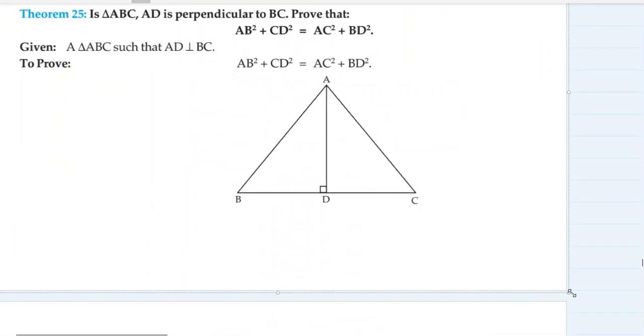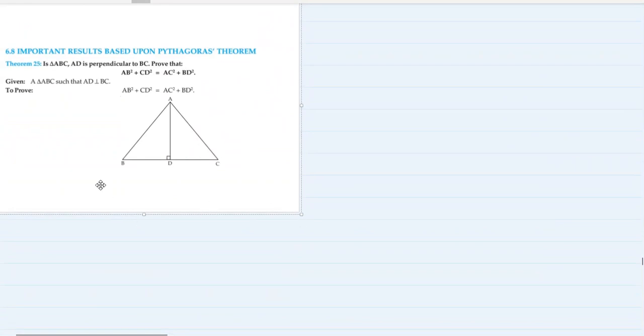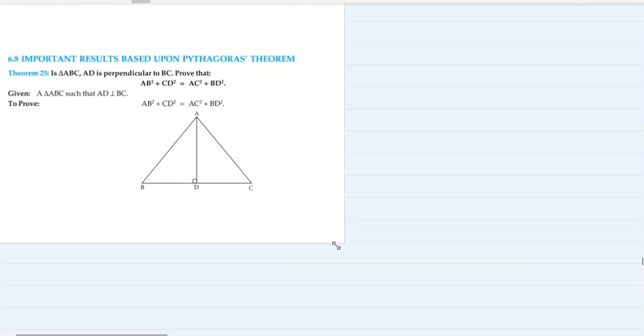Okay, great. Now we are talking some business. We have to prove some important results based on Pythagoras theorem, like this one. These are important results or theorems based on Pythagoras theorem, which are sometimes asked directly in the exam. Sometimes some questions based on these proofs or these results are asked in the exam. So you need to be prepared with that.